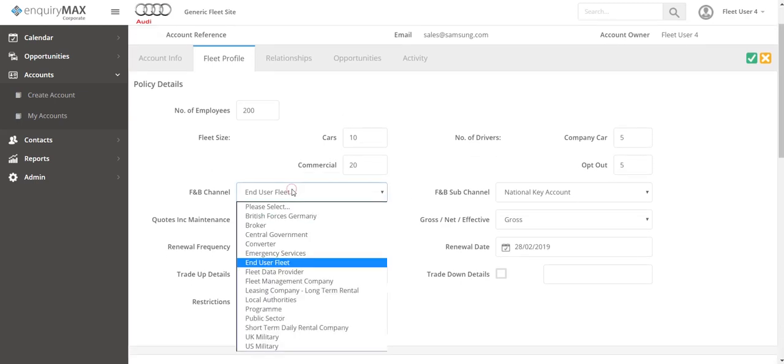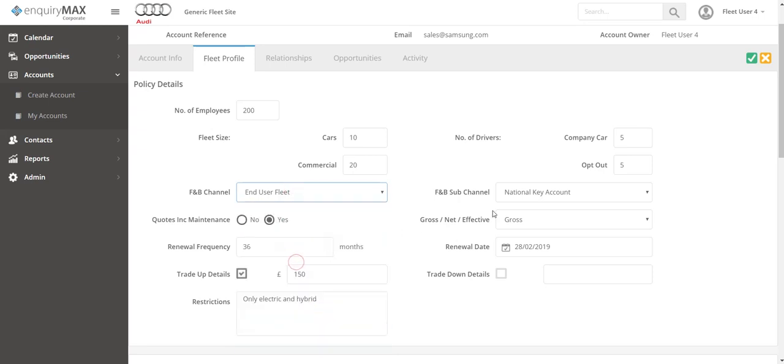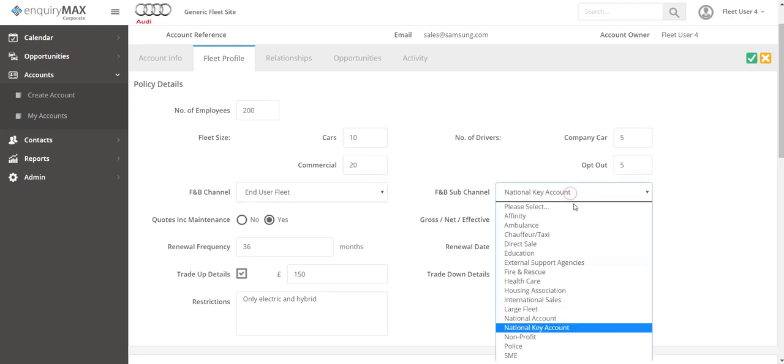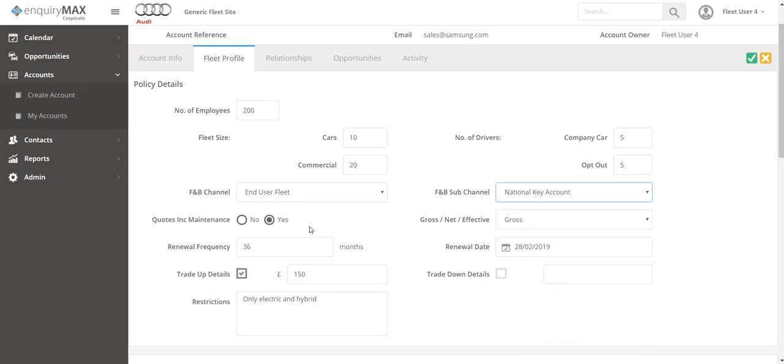The fleet and business channel. Okay, so we've called this a user end user fleet. It's a national key account, but you have lots of different ones to choose from. All the quotes that they would like to include maintenance into that. So we've ticked the yes box for that. Whether it's gross, net, or an effective